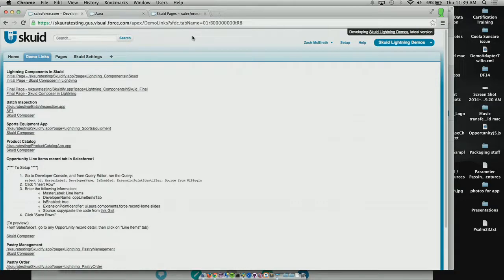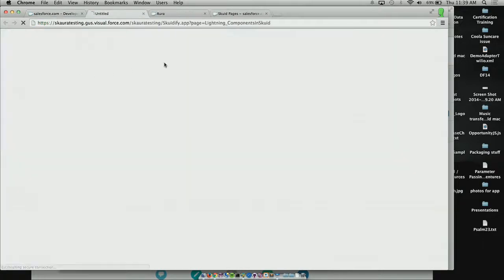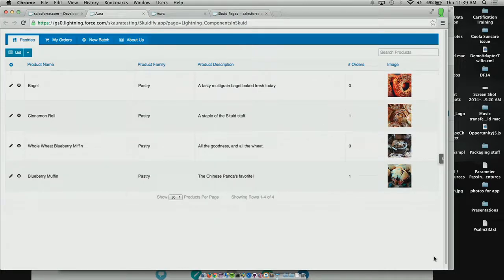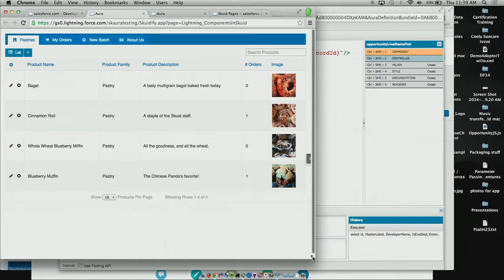But what we're going to show now is pretty exciting. For the very final piece, we're going to go into another org and open up a Skuid app running inside of Lightning. So this is going to be another, maybe it could be a community homepage for our Needlov's Bread Bakery, where we can see a list of our pastries. We can see how many orders there are currently in for those, get my orders,